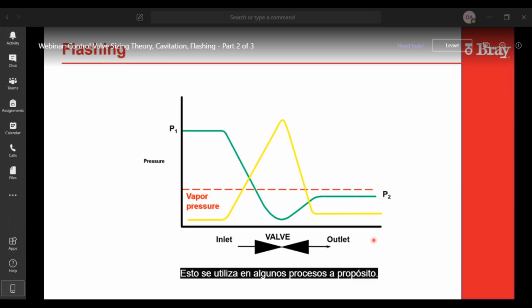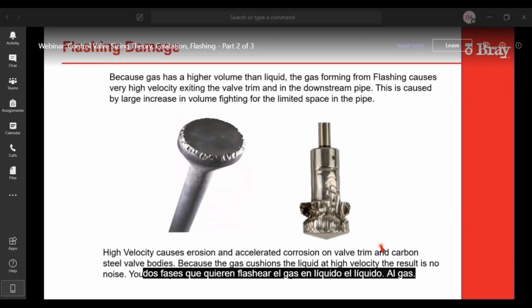This is used in some processes on purpose. Sometimes it's unintentional, but because of the temperature of the fluid, you end up making two-phase flow. In some places, they actually want to make two-phase flow. They want to flash the liquid into gas. But what you end up with is damage that's really smooth to the valve trim, because you have very high velocity fluids